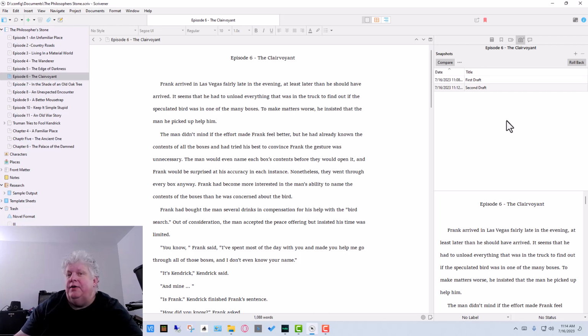And that way, if you took a snapshot of where you were and then you decide, maybe I shouldn't have gone back, let me go back and look at it, you can switch between the versions and bring back whatever version that you have a snapshot of. So that's how you create and use